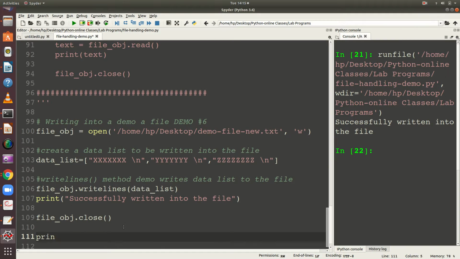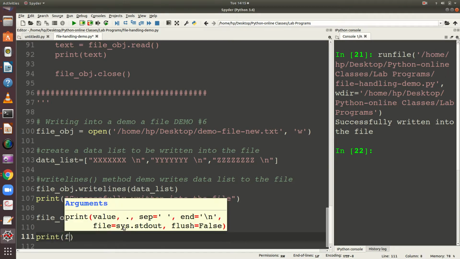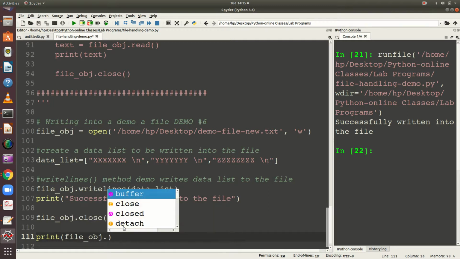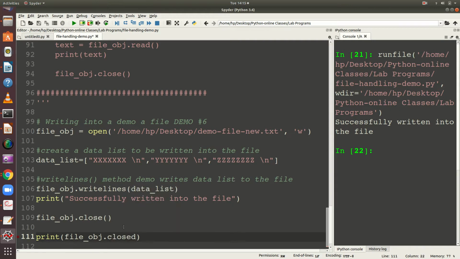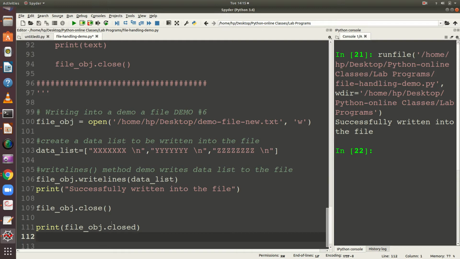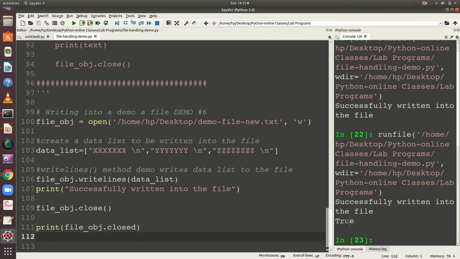I just want to print the file object dot closed. This is an attribute, so it is not having open close parenthesis. Let me run. It says true because I have already closed the file.